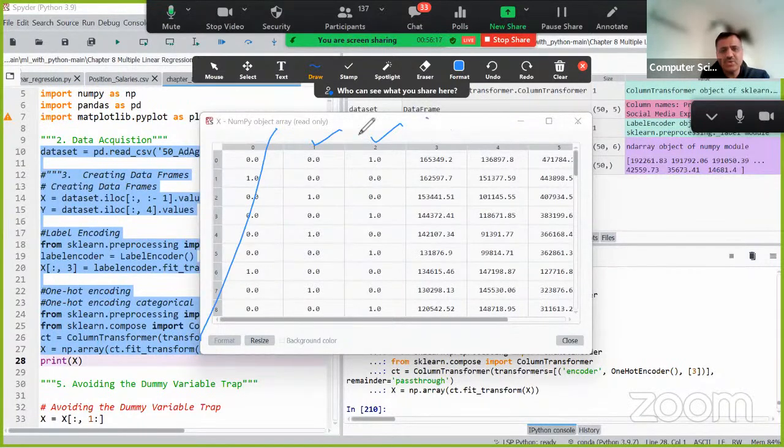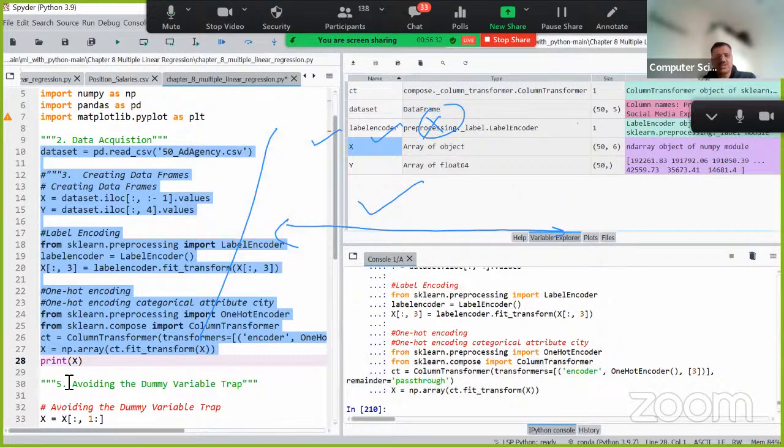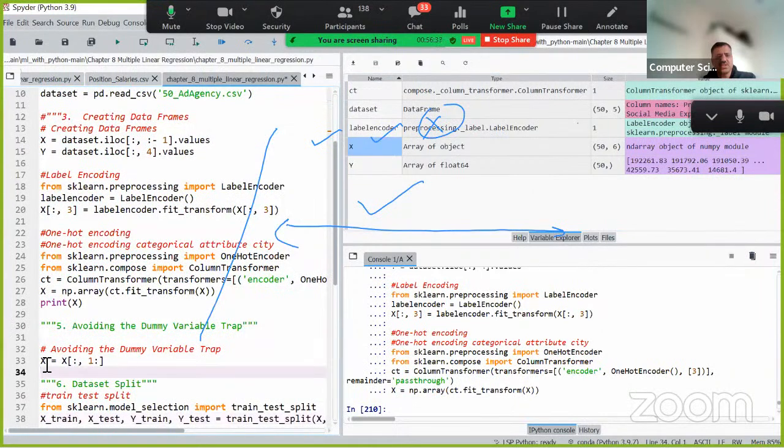तो ये मेरा x है. तो अब x का जो फर्स्ट कॉलम है ये डमी वेरिएबल है, तो इसको मैं हटाना चाहता हूं और बाकी सारे के सारे कॉलम्स रखना चाहता हूं. सो आई विल कॉल दिस प्रोसेस एज डमी ट्रैप. So this is the code and I hope you can understand it very well. So here you can see I am again updating X by considering all the rows and selecting columns with index value 1 colon. So I am selecting X for all the rows and the columns will start from index value